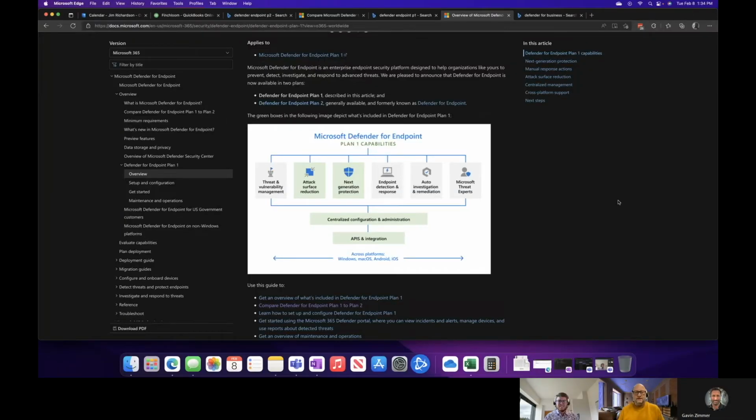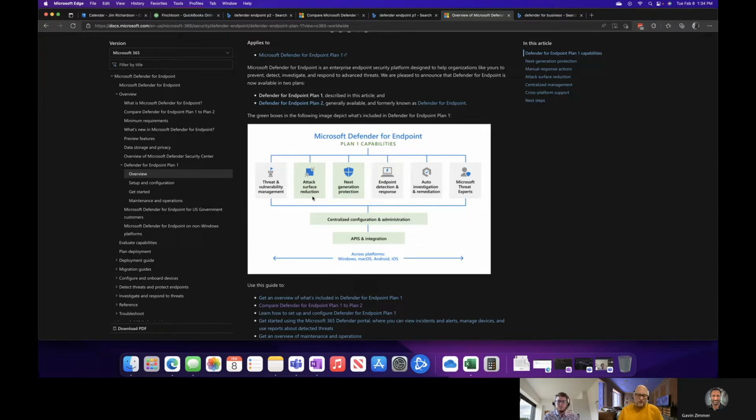Within the Defender suite of products is Microsoft Defender for Endpoint, and it's meant to be antivirus, anti-malware, and also the next generation, which is an acronym, EDR, Endpoint Detection and Response. In our last blog and webinar, we talked about Plan 1 becoming the new starting point for a business if they just need what's in green, which is next generation antivirus, anti-malware, plus some attack surface reduction,